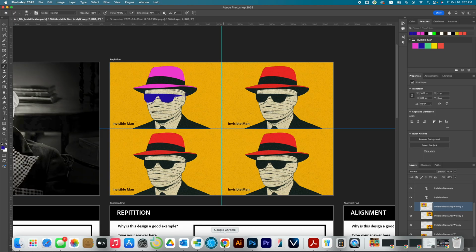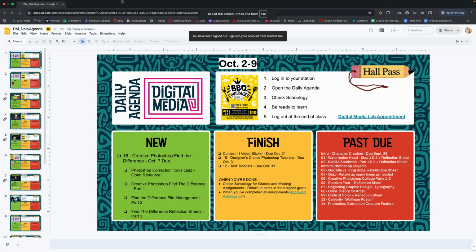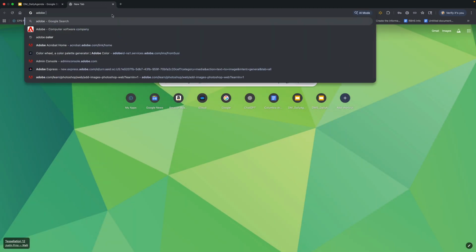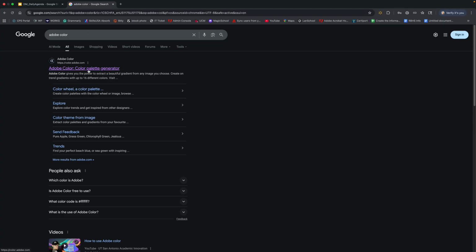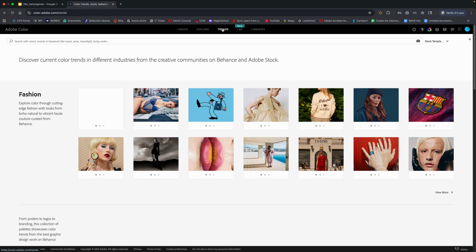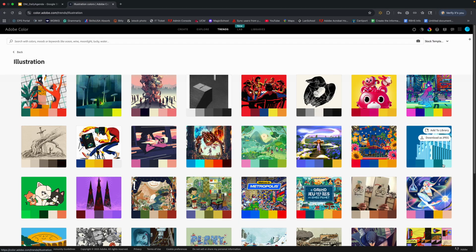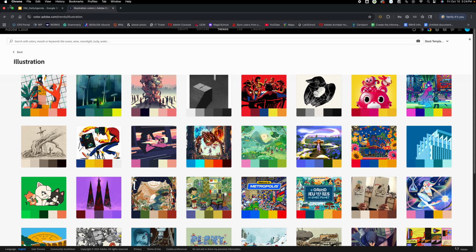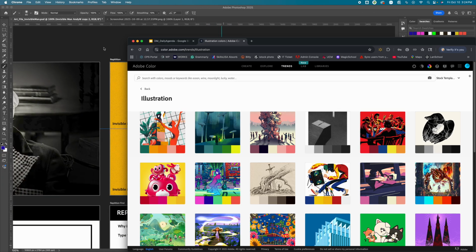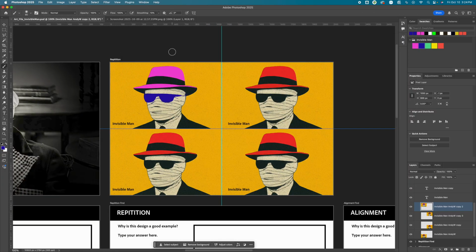So if you need ideas on what colors to pick, I would go to Adobe Color, just like this. And I went to Trends. Okay, and there's a whole bunch of different things. And I actually went to Illustration, and I was looking at some very fun different ones. And I just picked them. I actually picked this, and I picked the palette from this to help me choose what colors I want. So instead of just willy-nilly picking whatever colors, I limited my palette with repetitive colors to help bring my attention